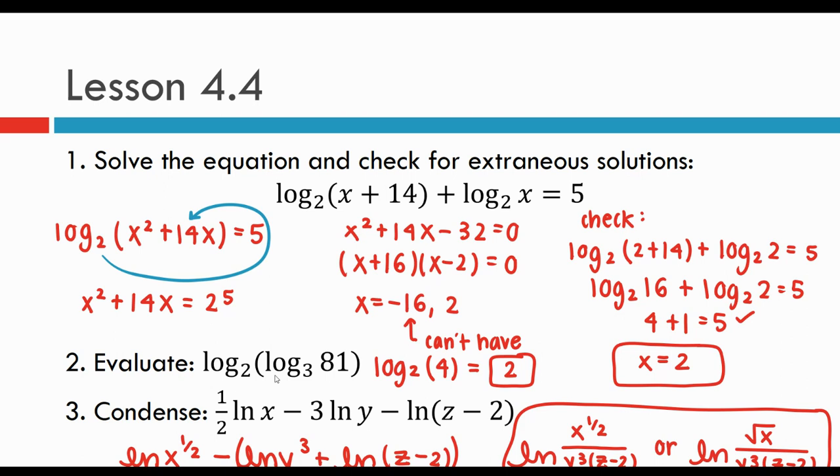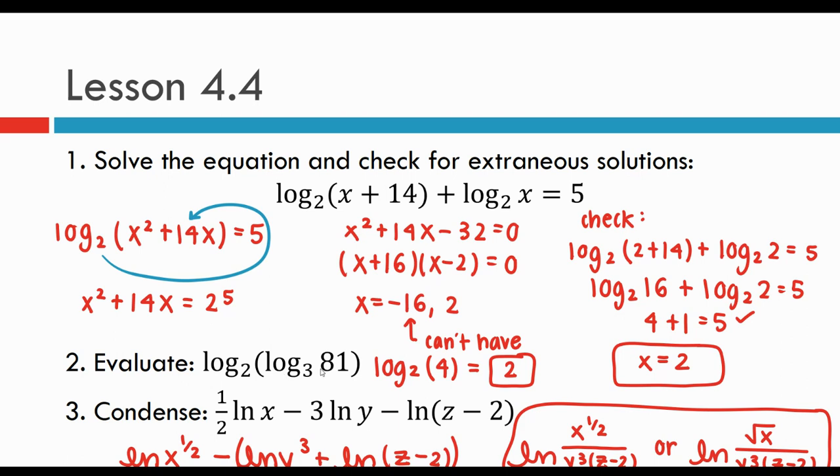Okay, in the second problem, it wants us to evaluate log base 2 of log base 3 of 81. Okay, so this is where you have to think about order of operations. Notice that what I have in parentheses is log base 3 of 81. That's what you have to focus on first. Remember, if you need to, you can set this equal to x, and then you can rewrite it into exponential